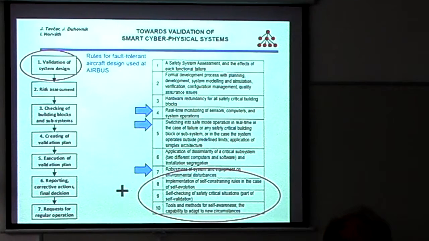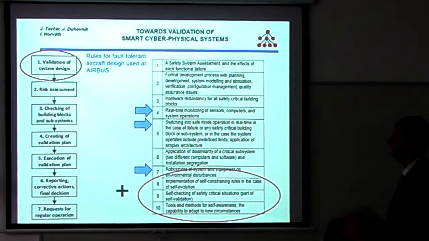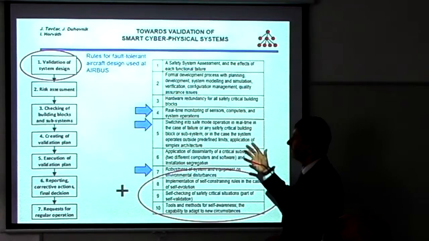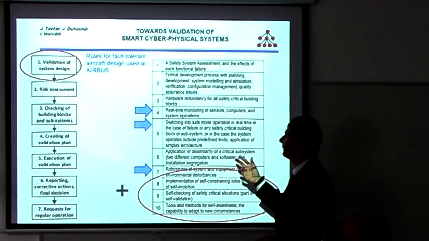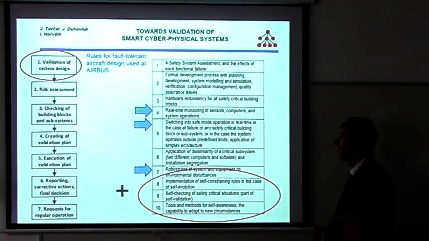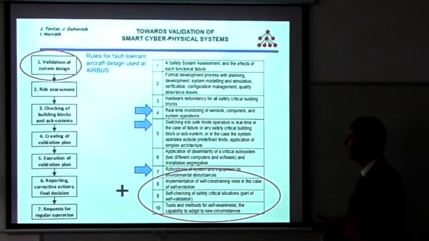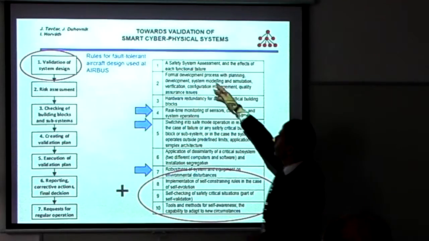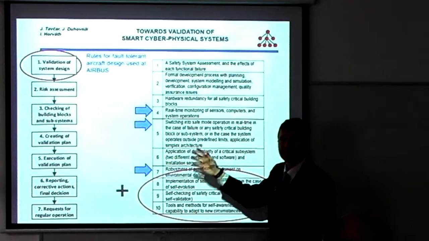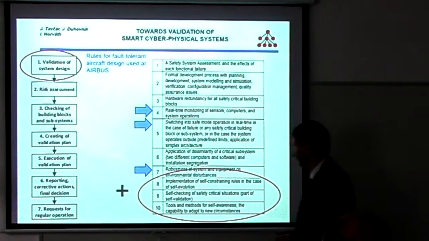How to perform this validation of system design? As a template, as the base, were taken the rules for fault-tolerant aircraft design that are used in aircraft. I am not going through all the details, but we have extended this list with some details.